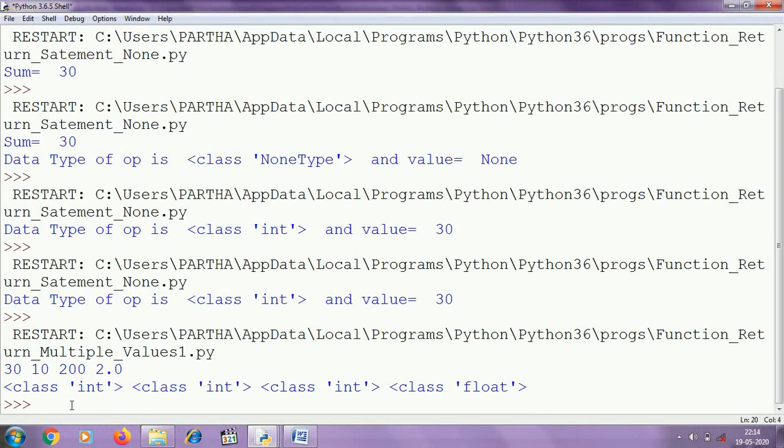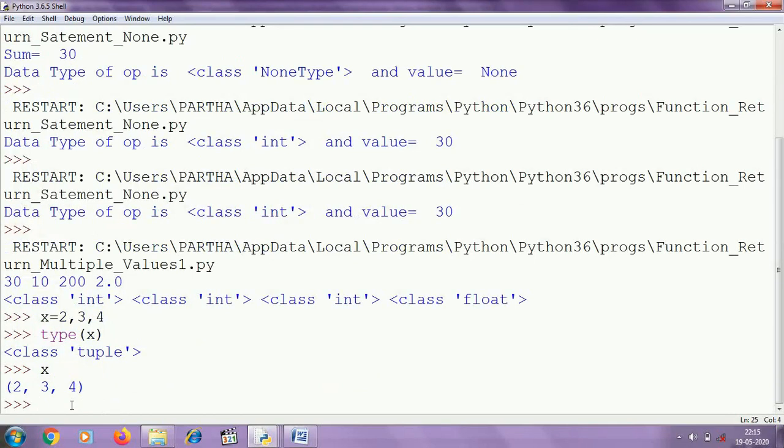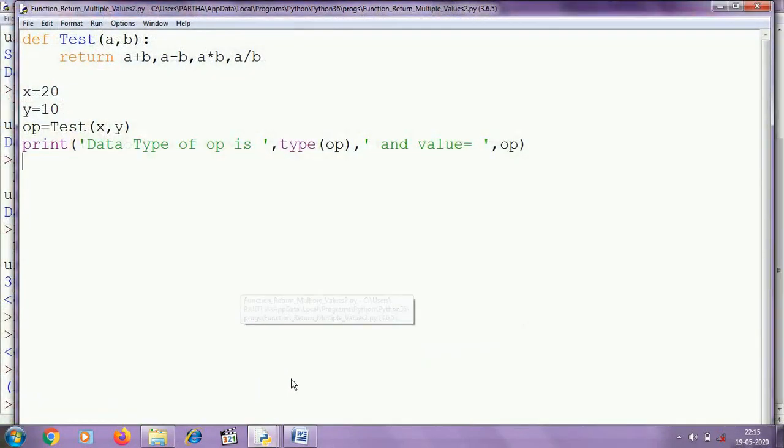If I write x equal to 2, 3, 4, then what will be the data type of the variable x? In this case, the data type of x will be tuple, and this tuple contains 2, 3 and 4. So in this case, we are returning 30, 10, 200 and 2.0.